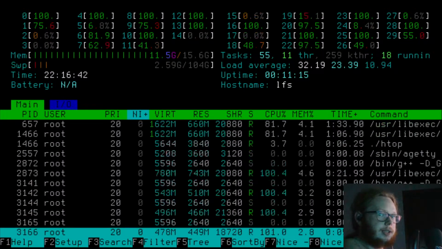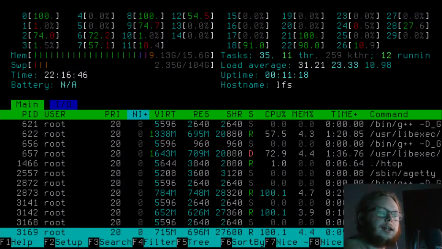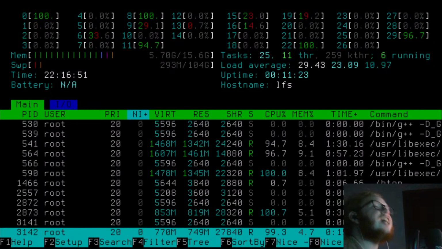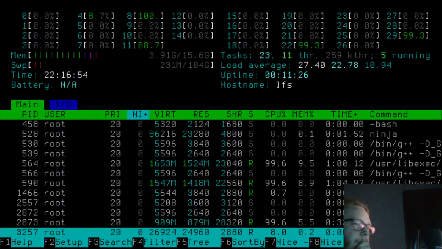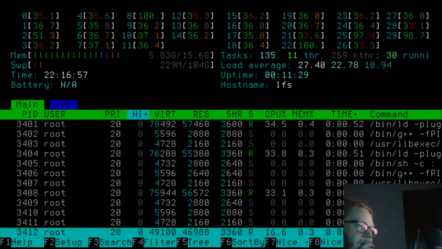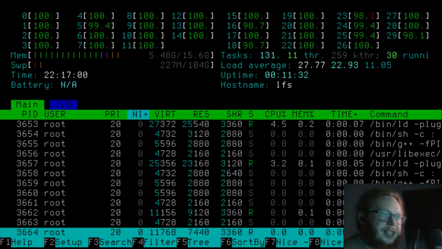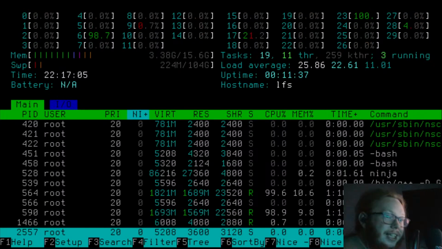Oh Lord. Right. Okay. Please explain to me how you're using 100.6% of the CPU. It is impossible to use more than 100% of the CPU. How are you using 100.7%?